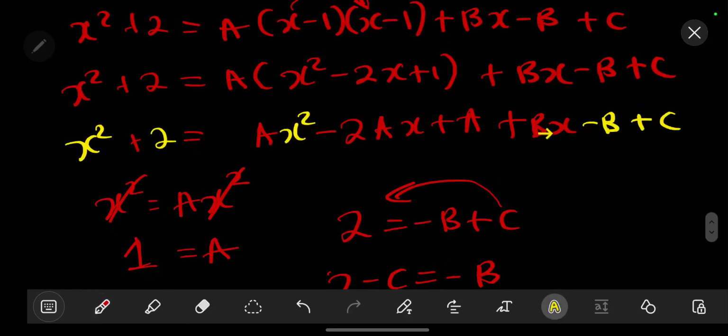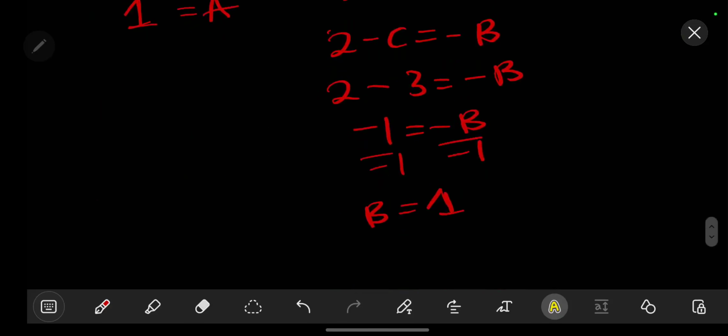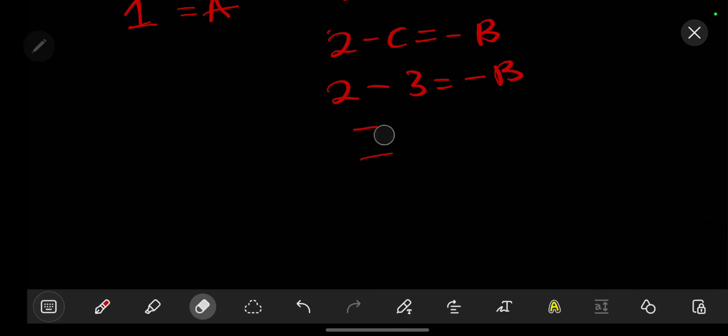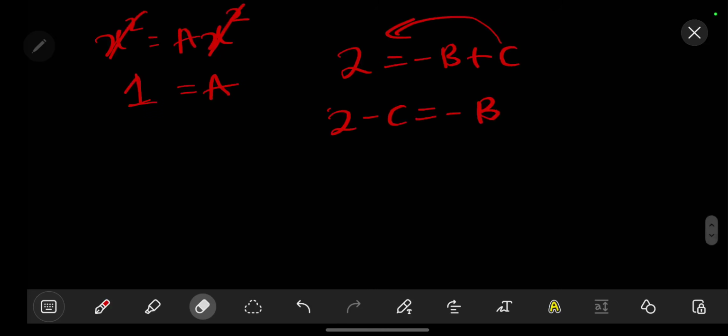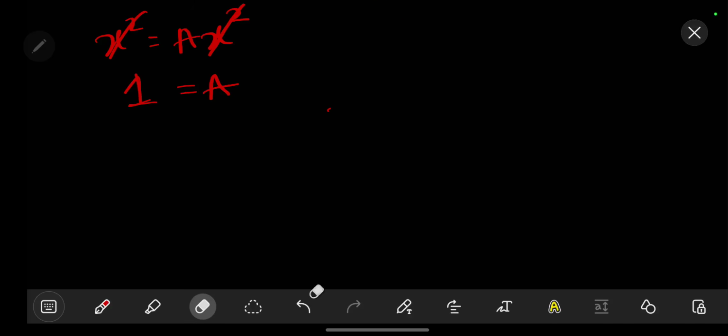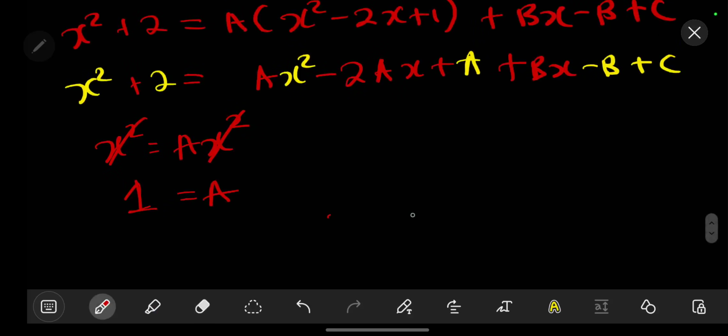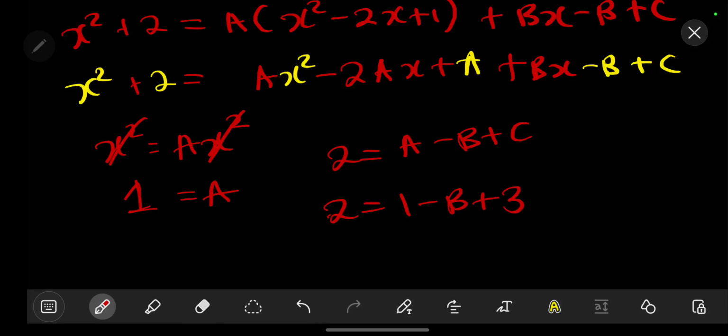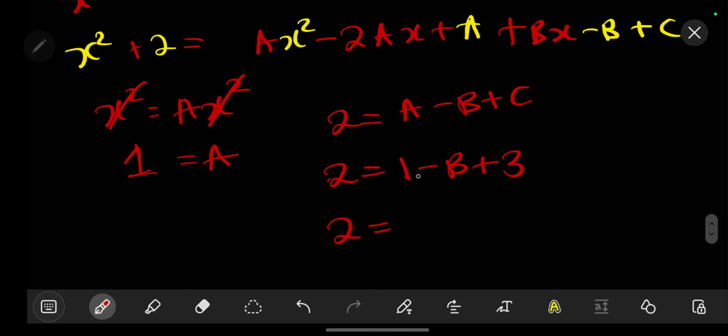So here we need to identify all the letters that are without x. We just don't pick just a few letters. So what we are going to have is something like this. We have our 2 should be equal to all the letters without x. So we can now say 2 should be equal to, our a value is equal to 1, minus our b plus our c is equal to 3. We are going to have 2 should be equal to 1 plus 3, it will give us 4, minus b,